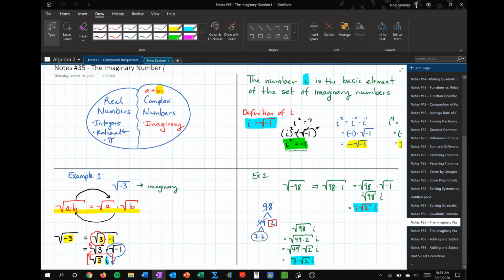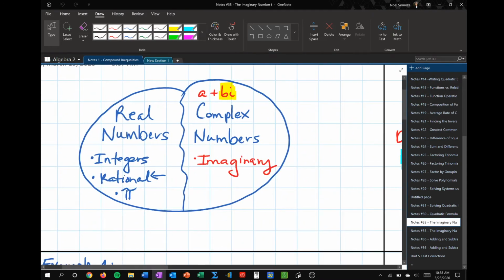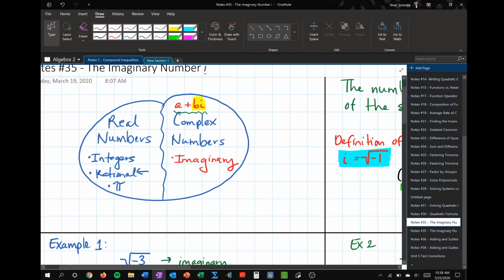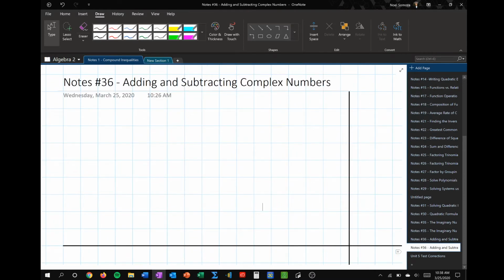The complex numbers, remember, take this form, a plus bi. Okay, so they have two parts and they're stuck together, making them complex. One part of the number is real, the other part is imaginary. Last time we looked at the imaginary part of the complex number. Today we're going to look at both sides. We're going to start off with some formal definitions about what an imaginary number is and what a complex number is. So to formalize it,